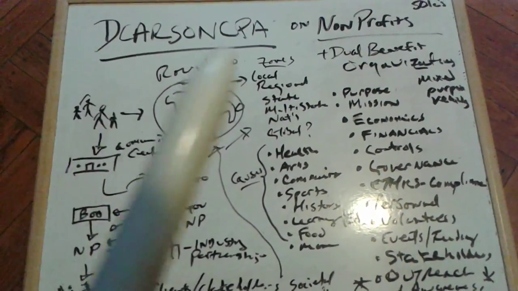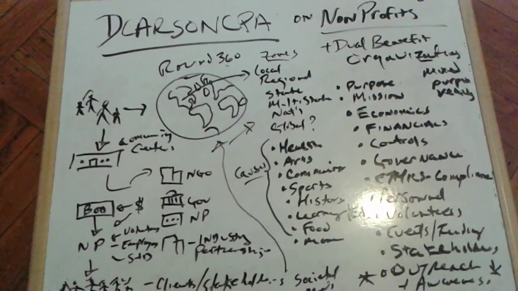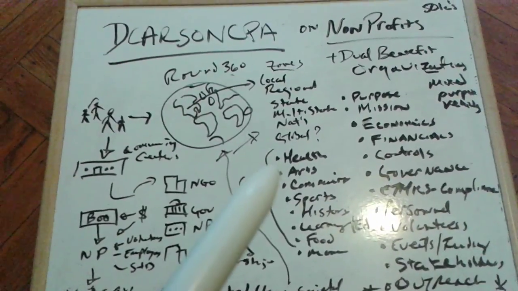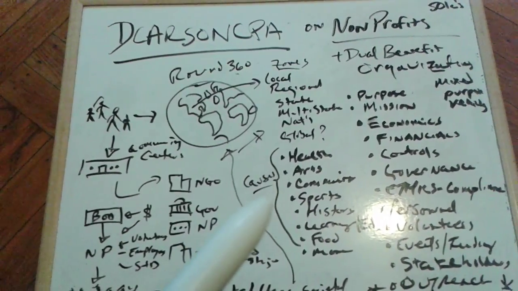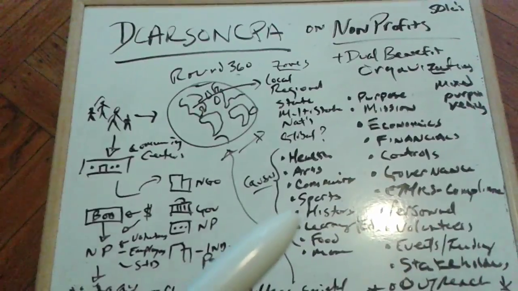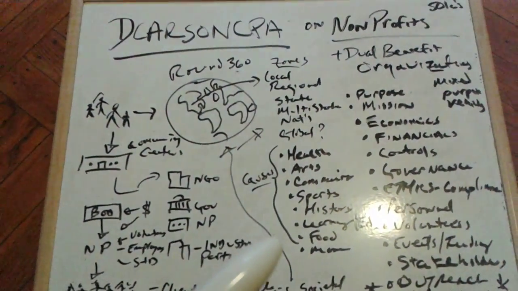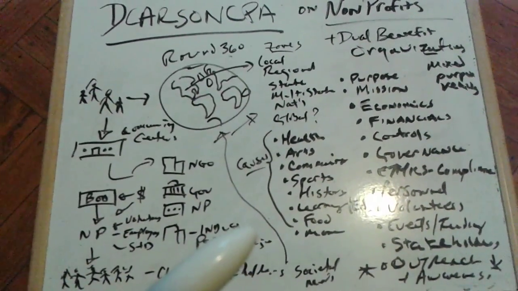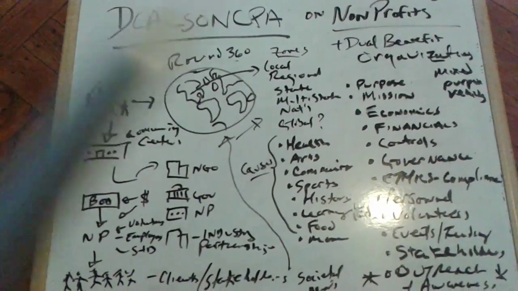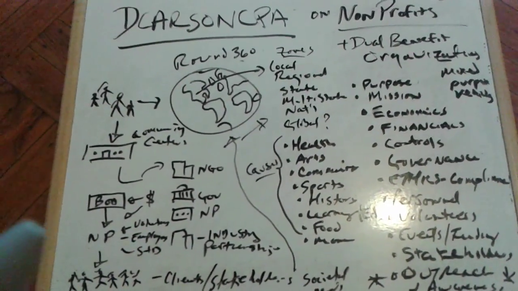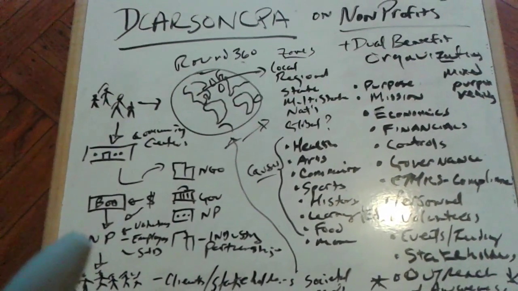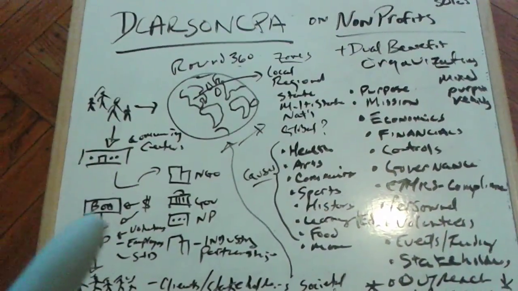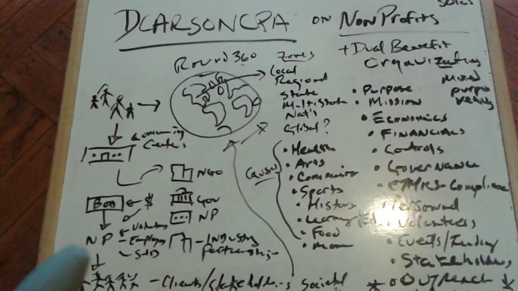Those three core skills, which are all about the DCarsonCPA MFC lines, are also mapped to the global research of DCarsonCPA. And that's a pretty significant and helpful thing if you're working with health, education, communications, communities, sports, history, learning, feeding people, helping the homeless, helping the underserved in communities. We work with lines of integrated research, broad societal and financial research, which is mapped in, and we've got strong strategies to use that to help nonprofits grow. And we're looking for a few betas to map in, help you out on the advisory lines, and to map in the knowledge and pathways.